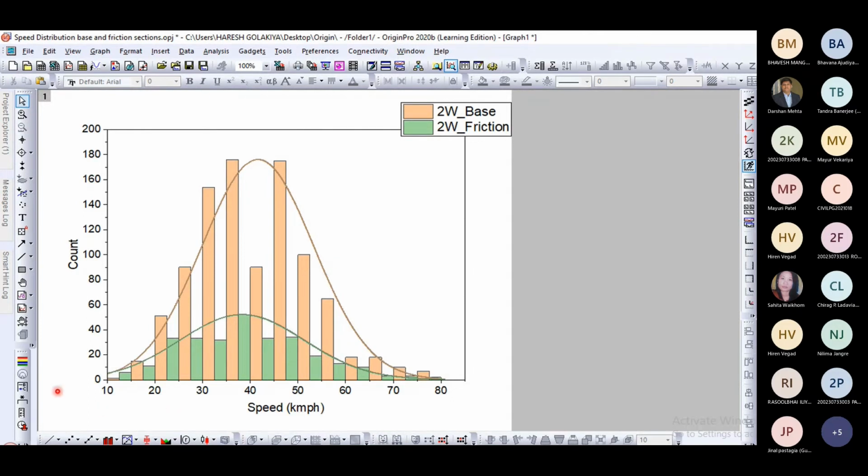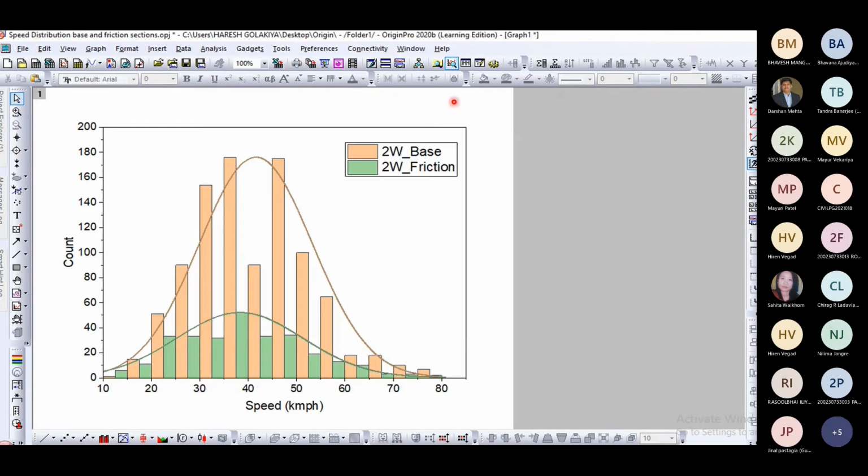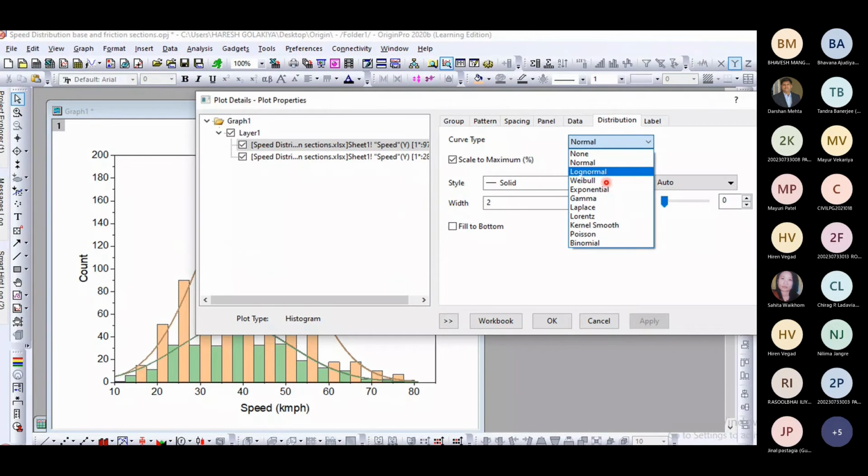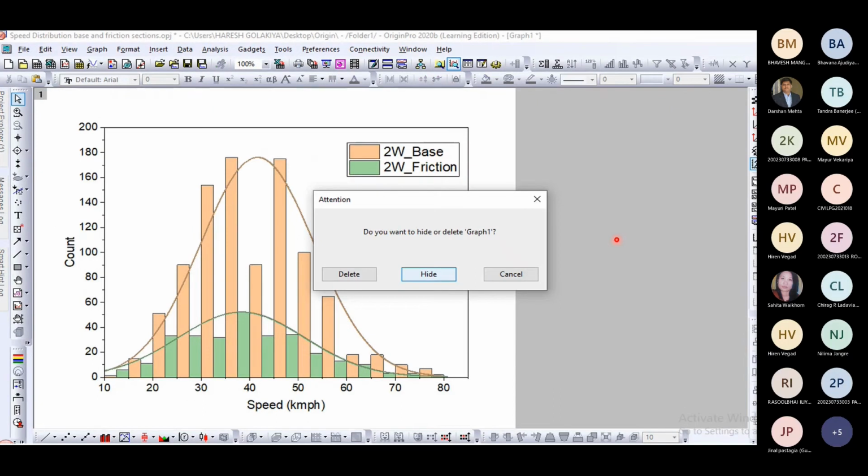Along with the bar chart, the distribution is also visible. Here we can format it properly, right? If it is not normally distributed, you can make it log normal, Weibull, exponential, or many options are there, Poisson, binomial.